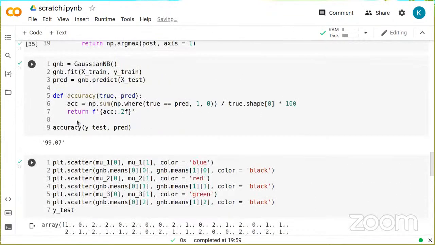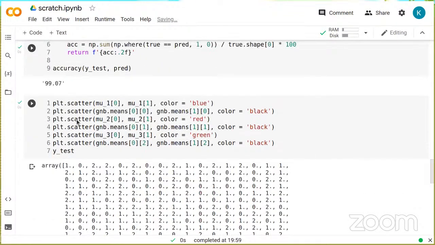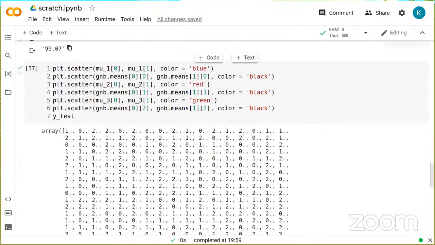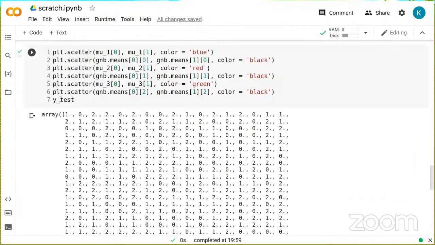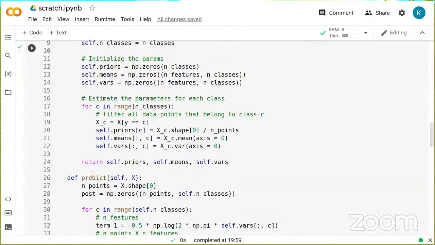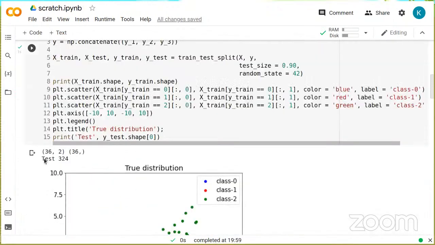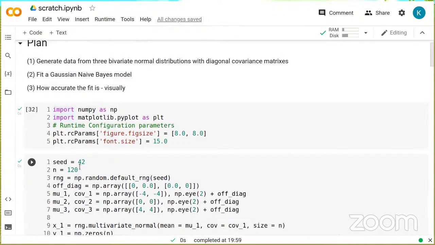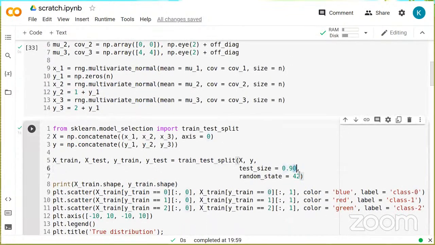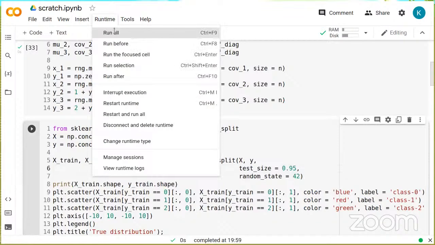Okay, so the accuracy is somewhere around 99%. Right? Is this more convincing now? Yes, sir. Okay, so it was because of the number of points. Maybe we can even, where is this test? We can make it 0.95. I don't know if it will work, but